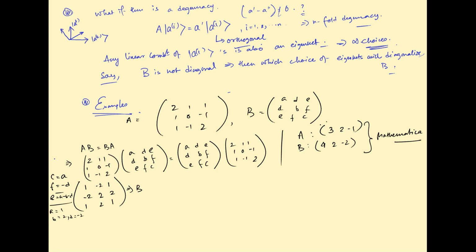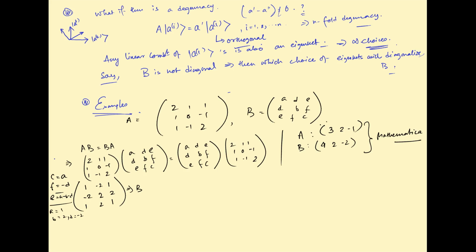Because of these infinite choices, even if one of these two matrices A and B is diagonal, let us say A is diagonal but degenerate, then if you write B in the same eigenbasis as A, you need not be writing B in the appropriate eigenbasis where B is diagonalized.